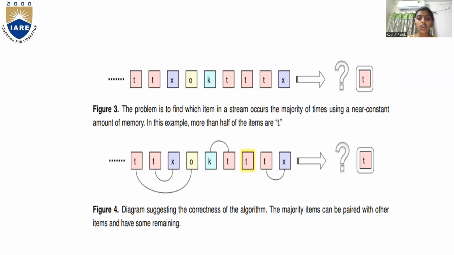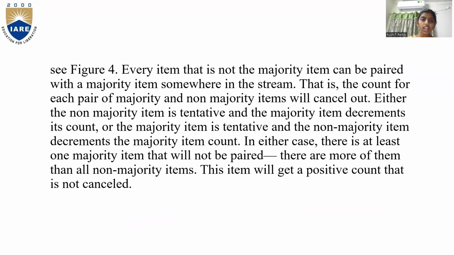The diagram suggests the correctness of the algorithm: the majority items can be paired with other items and have some remaining. Every item that is not the majority item can be paired with a majority item somewhere in the stream. That is, the count for each pair of majority and non-majority items will cancel out. Either the non-majority item is tentative and the majority item decrements its count, or the majority item is tentative and